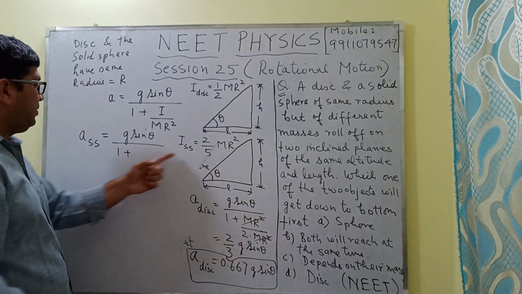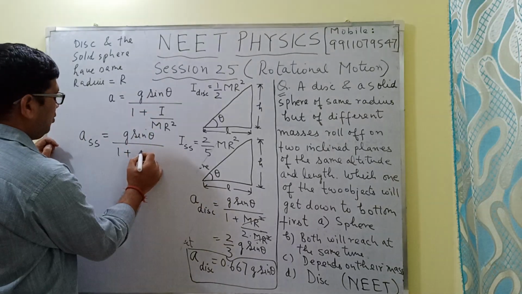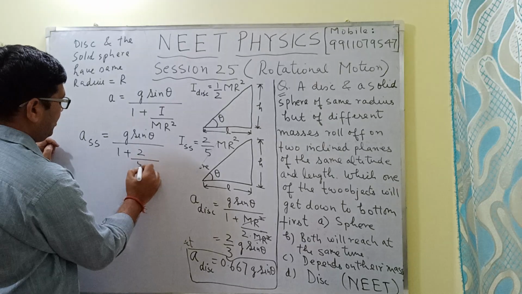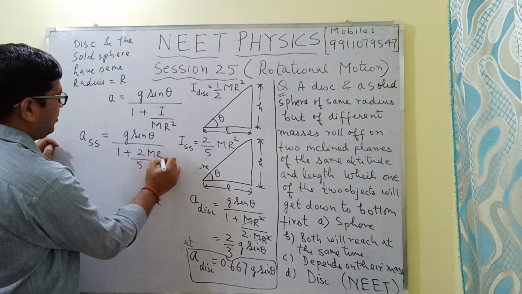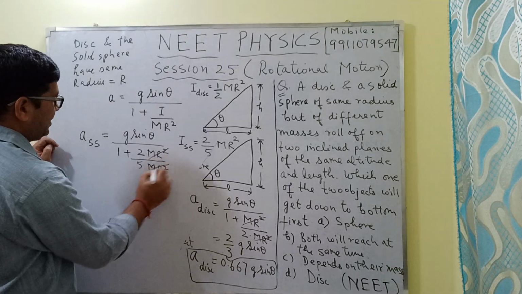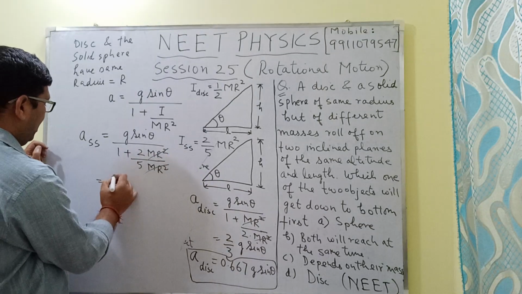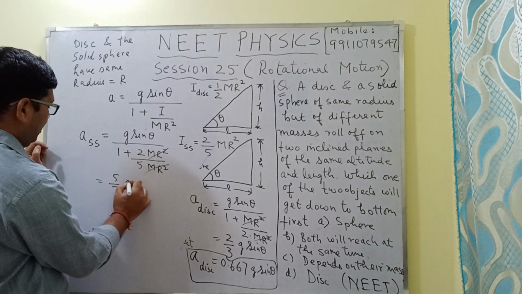So I will be substituting this value in this equation. So this will be equal to 2 by 5 mr square divided by mr square. So this will cancel out. So finally what I will be getting is 5 by 7 g sin theta,